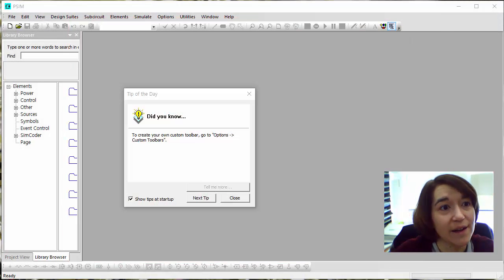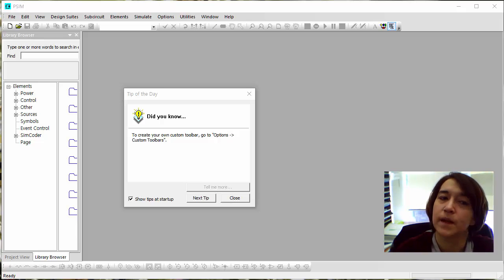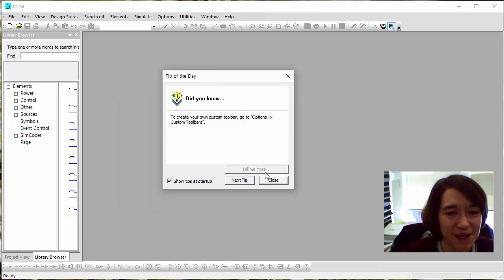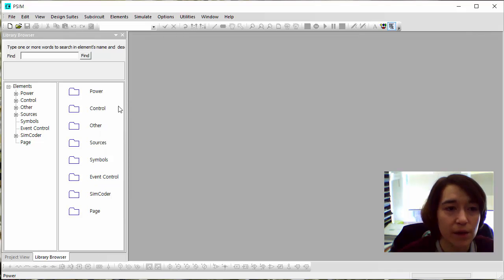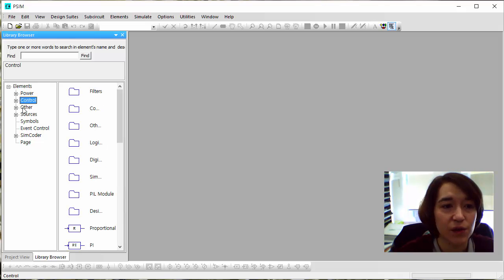Here we'll be looking at PSIM and how to set up a basic simulation. So when you open PSIM, you usually get tip of the day as default. You can close that. And you have on the left here, this is the newer version. It has these things on the left, the library browser. And there's all these different elements, and they relate to power, of course, because it's a power simulator, control, various